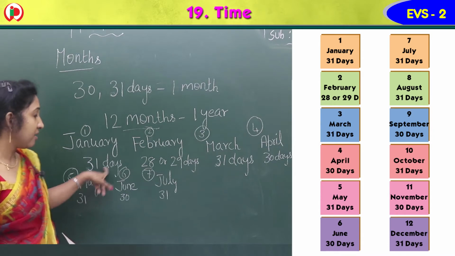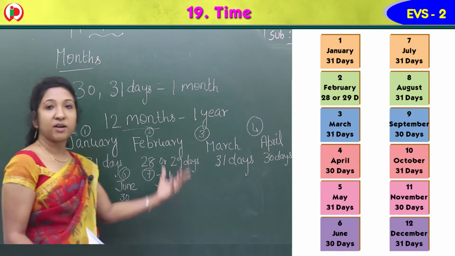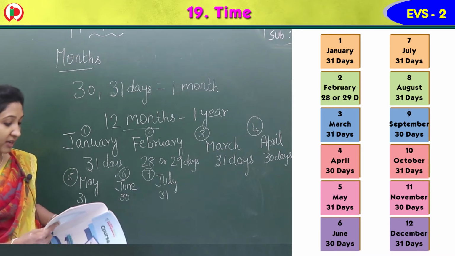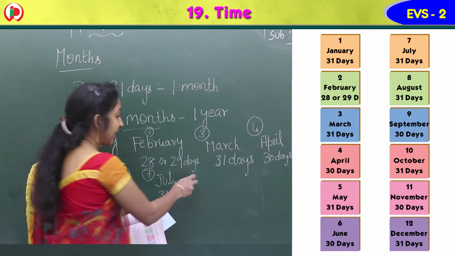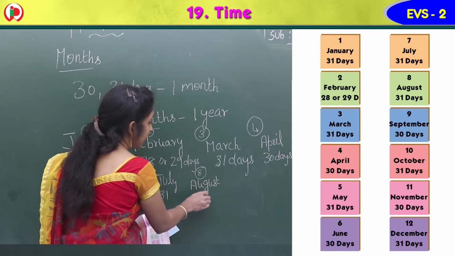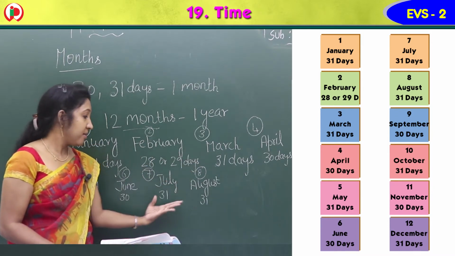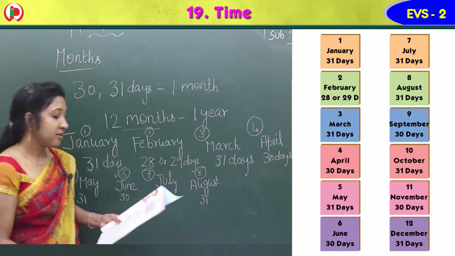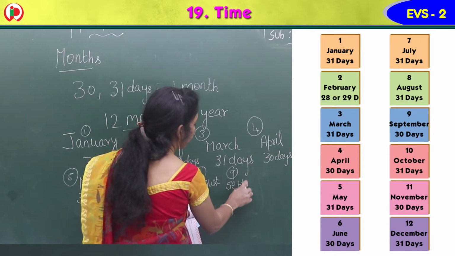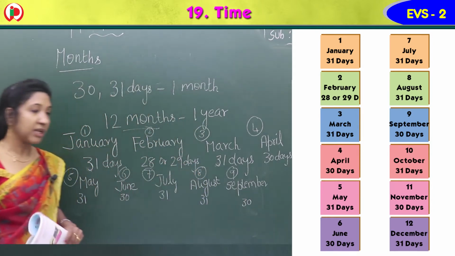So you see 31, 28, 29, then 31, then 30, 31, 30, 31. So 31 is coming in every alternate, isn't it? Yes. So July we have 31 days. Then the 8th month is August. A-U-G-U-S-T, August. Also we have 31. These are the months that come consecutively. July 31, August 31. Then September, the 9th month. September we have 30 days.